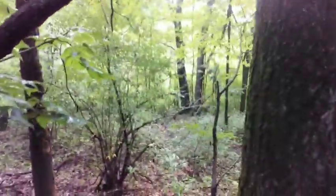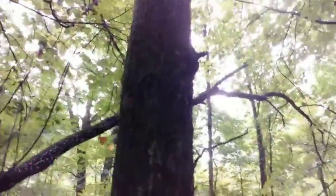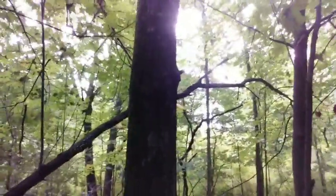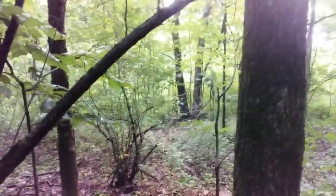Okay, so I think I got it figured out. I got this tree right here. And from this angle, which is basically how I would be sitting on the tree, I would use my climber, go up the tree, and I'd be on this side of it. And with that side, I would have this angle with that as my backdrop. And I really would only want to go up like, I don't know, 10 to 12 feet right there. And I'd have a shot at whatever was coming in here and whatever was mulling around through those acorns